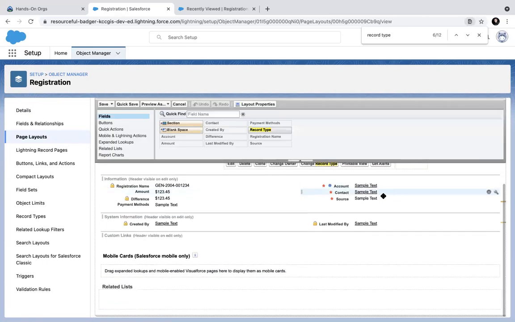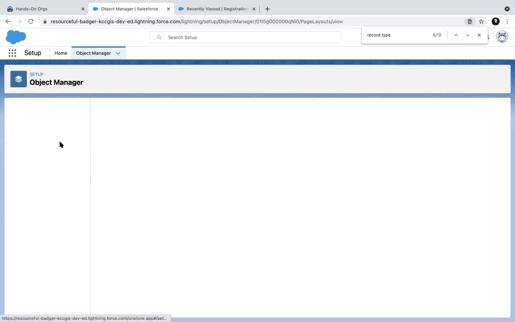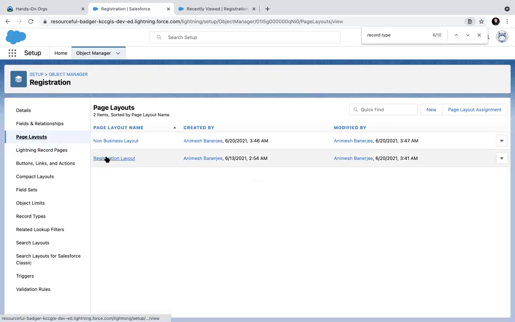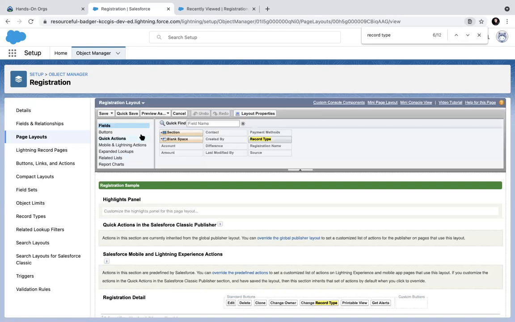Here, in non-business account, I don't need to make these mandatory. Let's keep save. So registration layout, I can rename this. I make it business. That's fine.